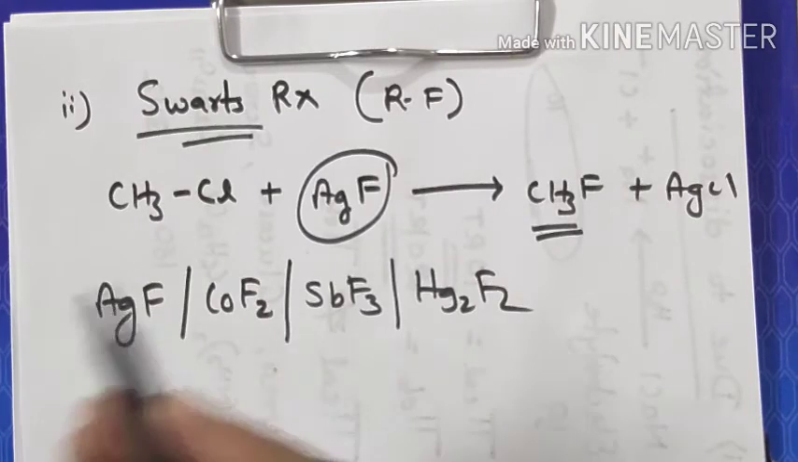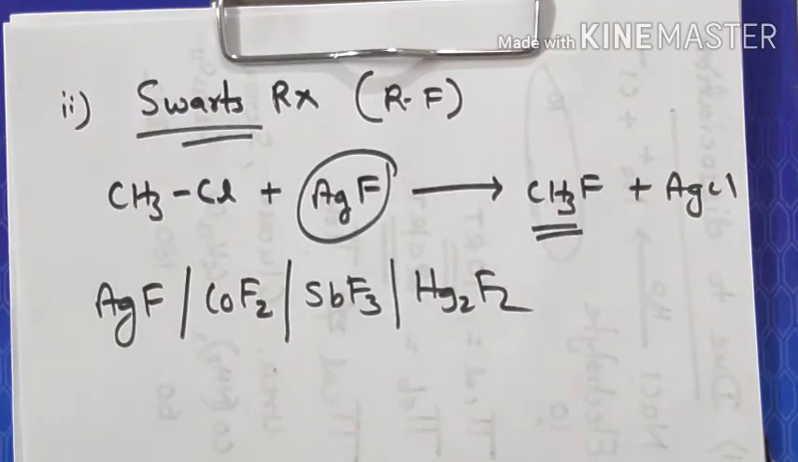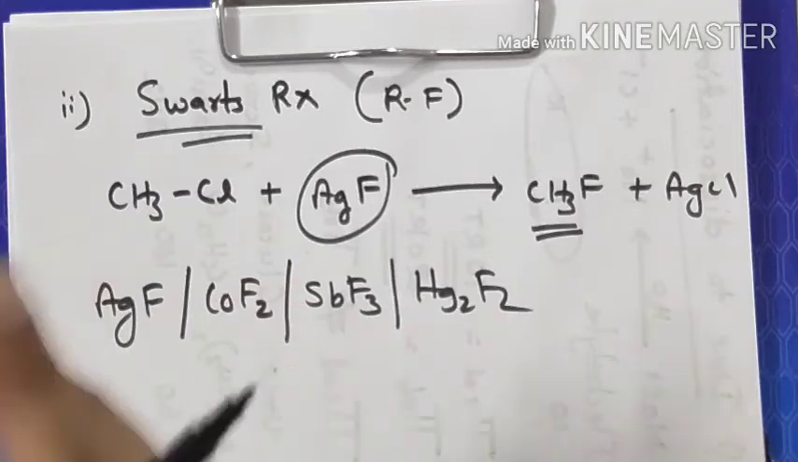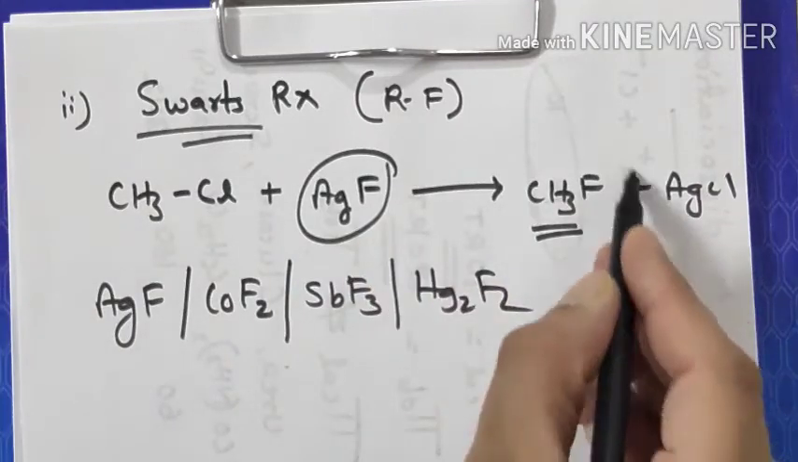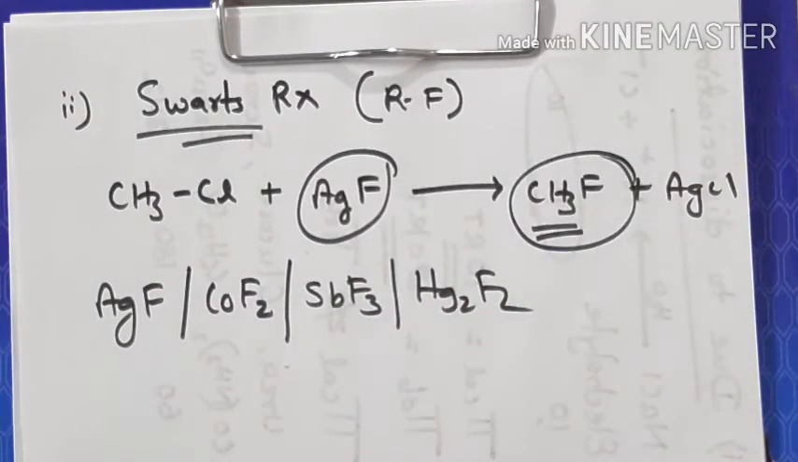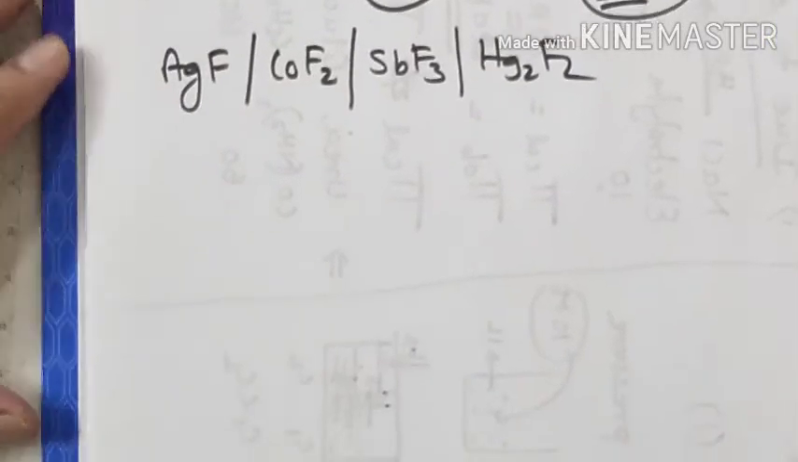Right? I can take chloride, I can take bromide, I can take iodide, and if I treat with this and get a product with alkyl fluoride, it will be termed as Schwartz reaction. Okay, so here we have completed